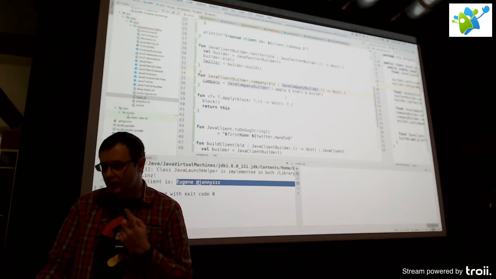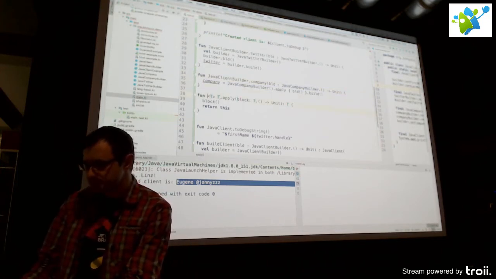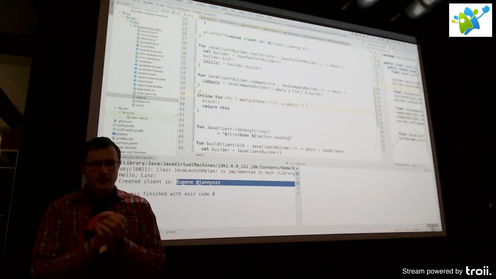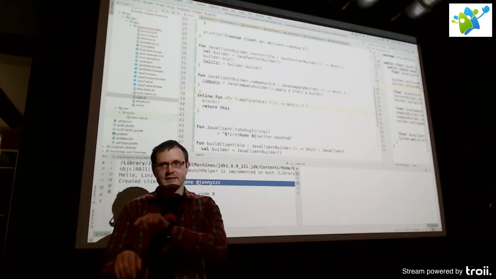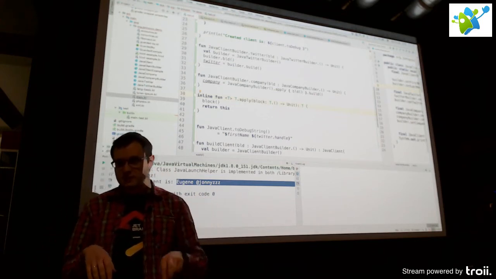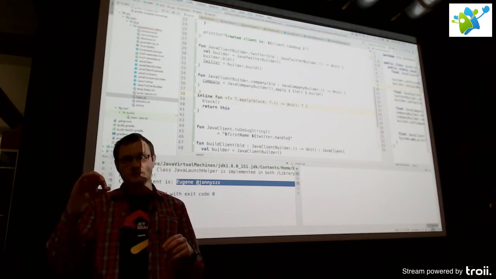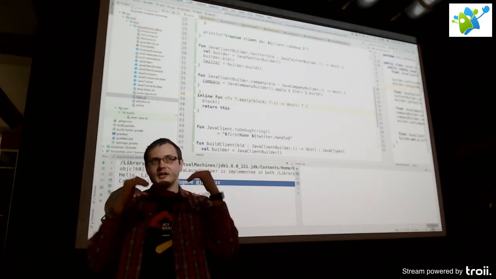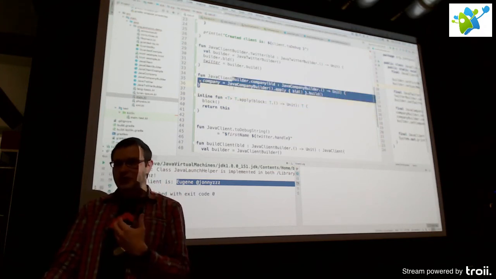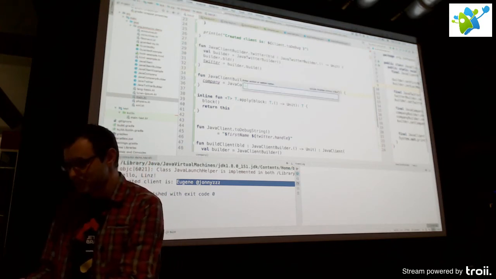And the second trick about this apply is that it is inline. The inline makes the compiler inline this function at the call site. It means that while inlining, it will remove this lambda, so it will have just linear code. I mean that this one would, on the compiler level, look the same as that one. And let's try to see